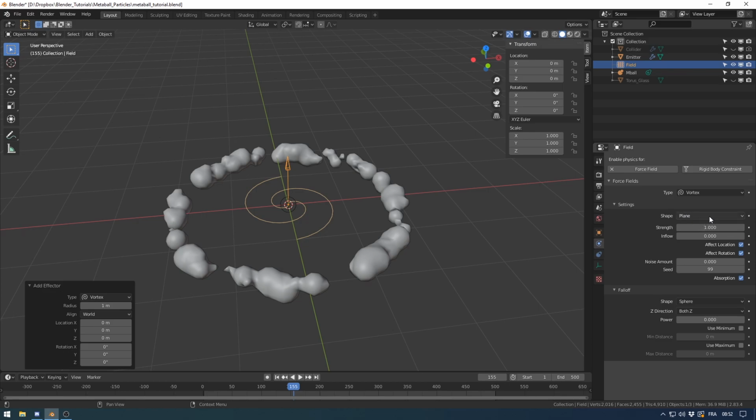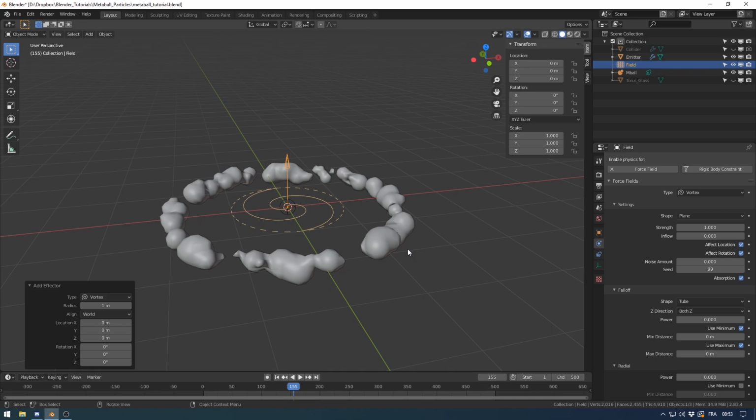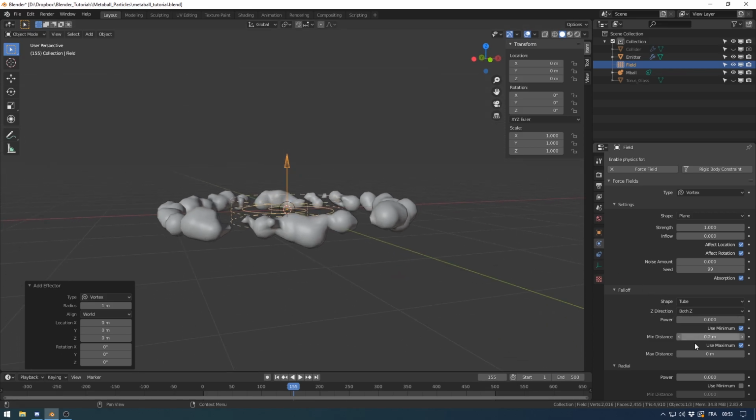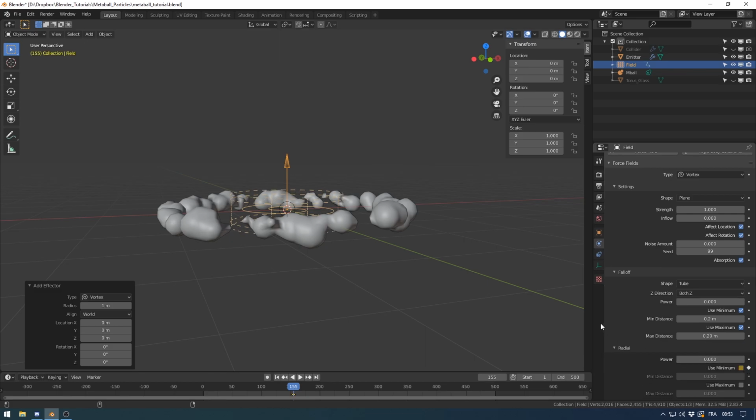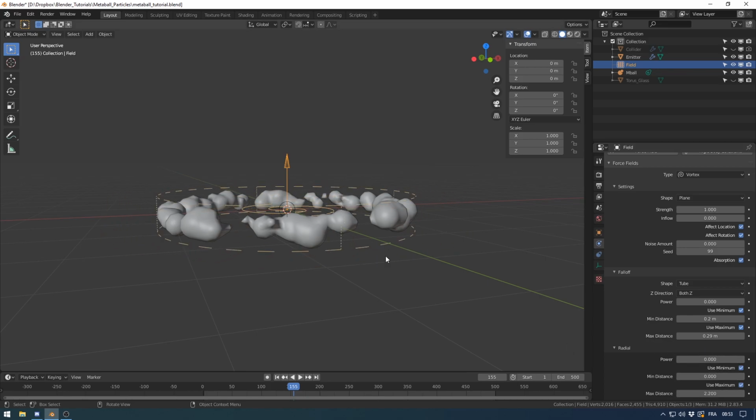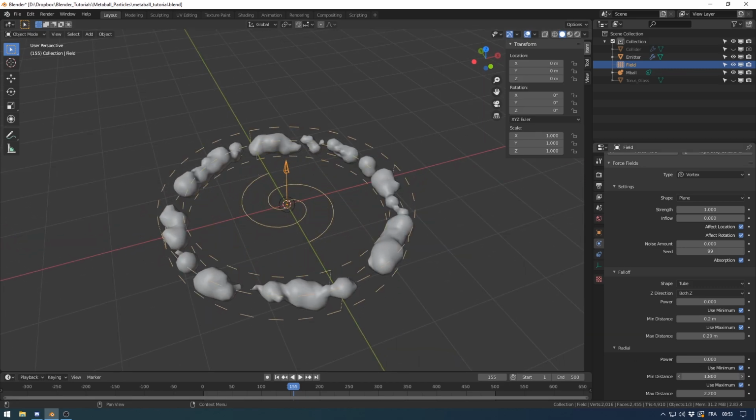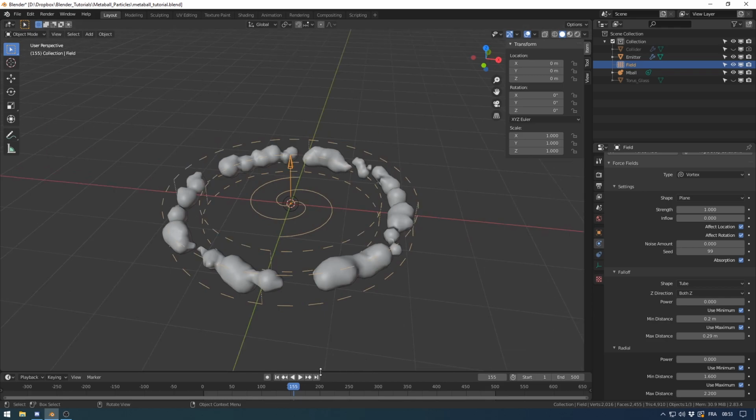Okay, I want the shape plane on effect location, and I want a tube falloff. I won't use minimum and maximum. I let the power at 0, but I set the min distance like this, a max distance like this, and I also will use a radial minimum and maximum, and I will set a max distance for that and a min distance for something like that. Okay, normally now